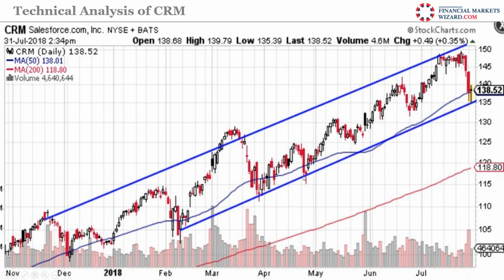You see, 1 time, 2 times, 3 times, it's a valid trend line. 4 times, and there's a 50-day moving average. So when you are drawing the trend line support, if it's a support, and then there is a 50-day moving average on top of it,